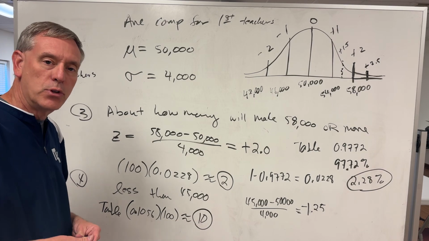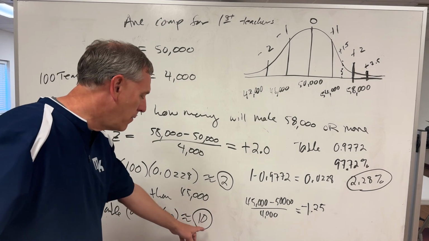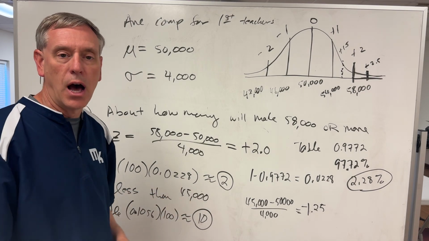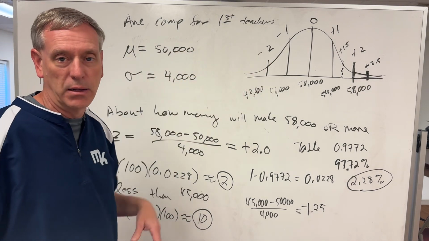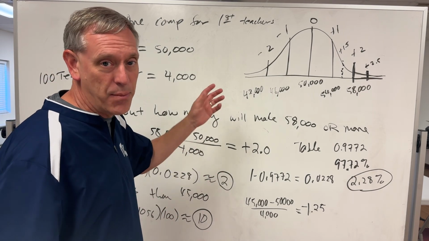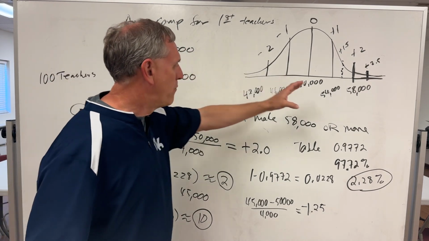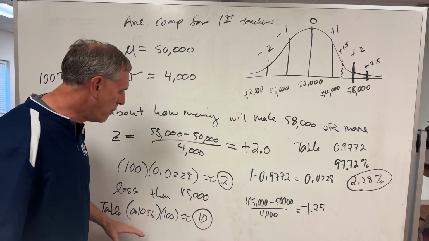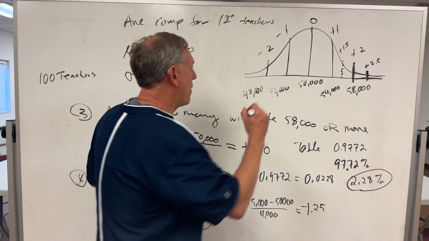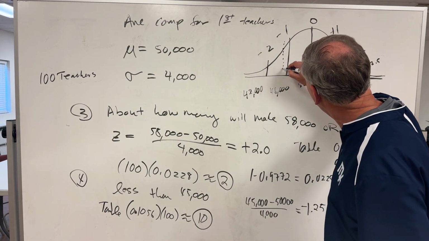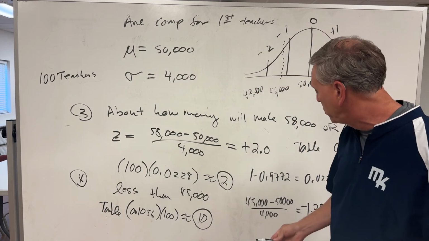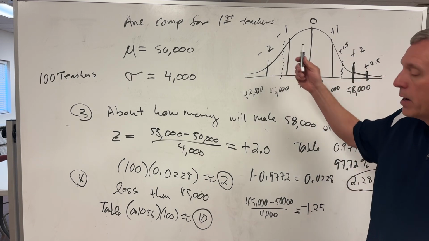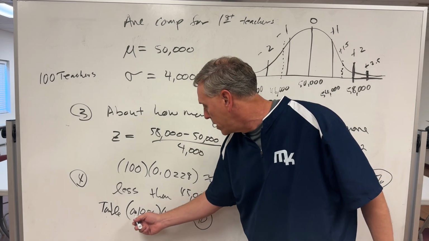If we hire 100 new teachers, about 10 of them will be hired at a salary of $45,000 or less based on this set of data. Now again, I'm not saying this is what Texas does. I made this stuff up. But if you have a $50,000 mean and a $4,000 standard deviation, the probability of being below 45,000, so that's right in here, 45,000 is right there, is a minus 1.25, which we calculated here, right? It's minus 1.25. Then I look it up on the table,